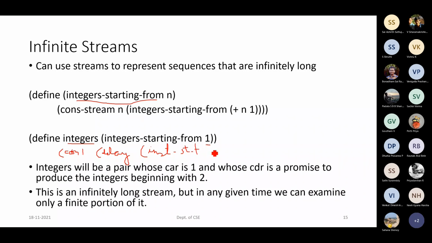N plus 1 means 1 plus 1, which is 2. So we will not apply it unless there is some sort of force applied to remove this delay. So you will have cons of 1.